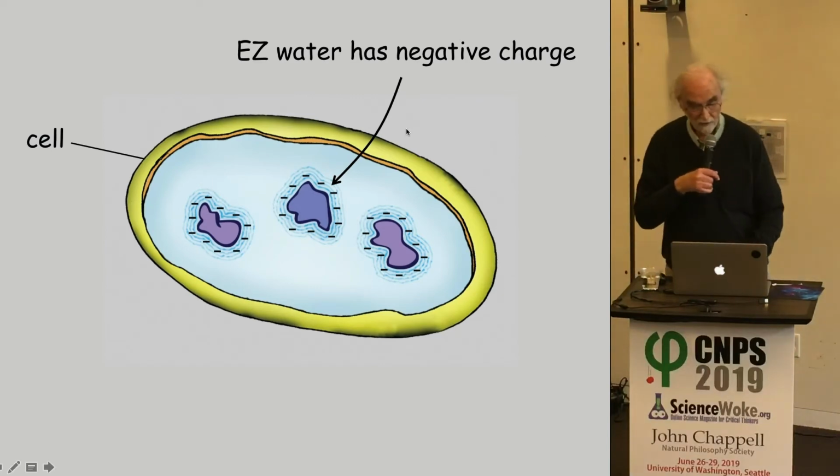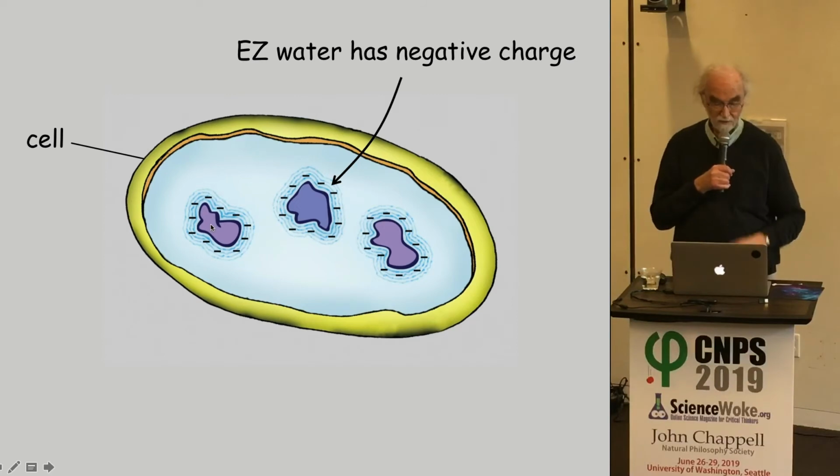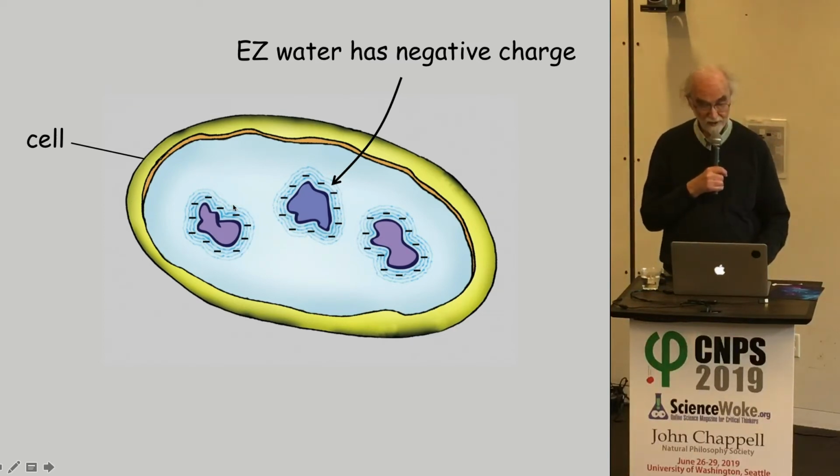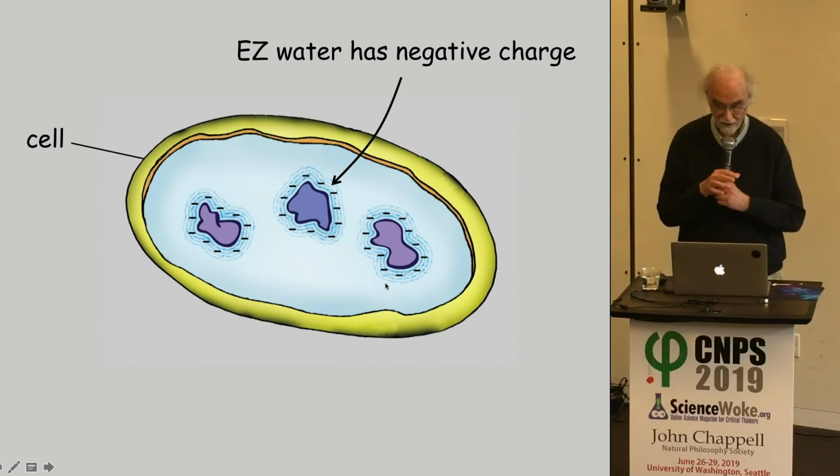So here's a cell. We've got a pretty yellow membrane around the cell. And inside are macromolecules, proteins, nucleic acids, etc., also smaller molecules. And usually these molecules are arranged so the hydrophobic moieties are inside, and the surface exposes the hydrophilic surfaces to the water. And what that does is it builds easy water, you see, like that. So this is what we presume happens inside the cell.